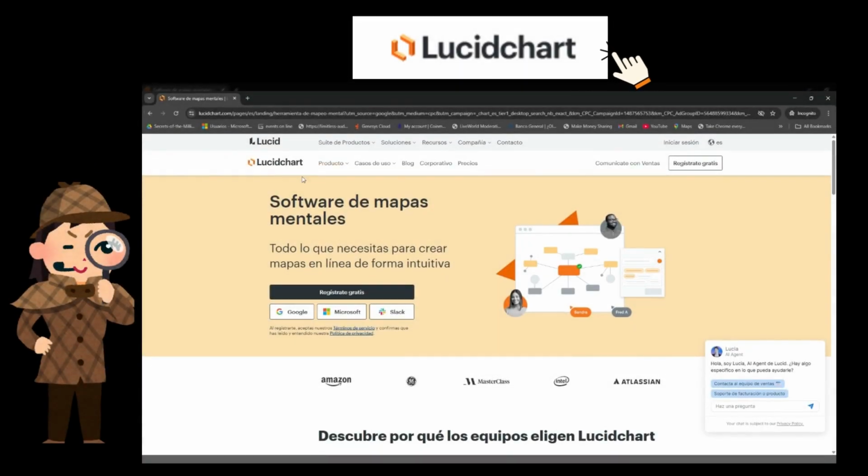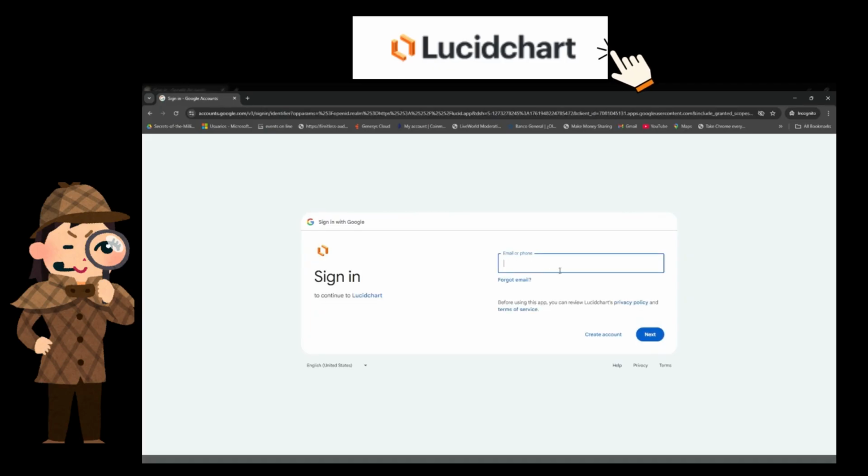Hi guys, welcome to your class and we're going to start first with the first activity where you're going to create a conceptual map. You're going to go into the application which is lucidchart.com. The link will be on the activity planner and you're going to click on registration on Google. We're going to be using our Google account, so we're going to enter our Google account, in this case my school account,